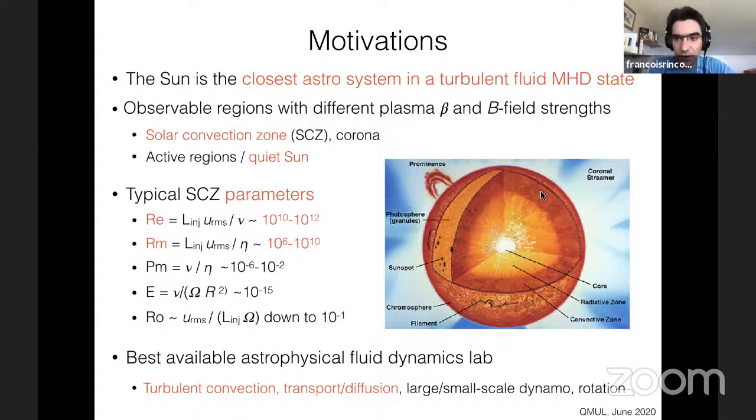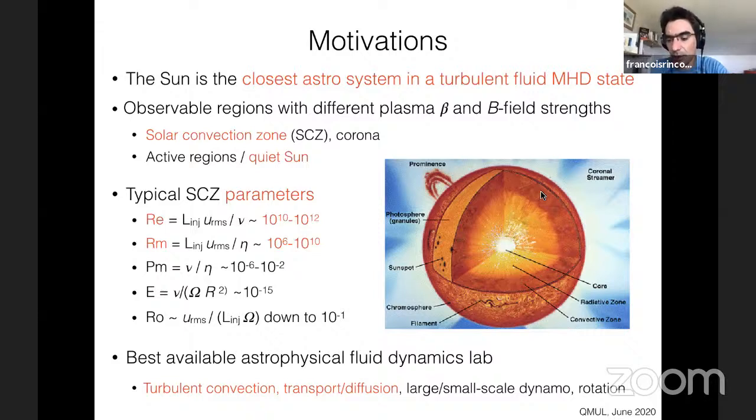And the fact that you have all these conditions, you have MHD, you have lots of things happening with reconnection, convection, all kinds of things, means you can use this, since we are close to it and we can monitor it fairly well, to study processes like extreme turbulent convection, transport processes, diffusion processes, dynamo processes, of course, magnetic field generation, the effect of rotation on flows, in ways that you cannot do on the Earth. Of course, you cannot stick a probe directly in the sun, but you can observe its surface, at least. And on top of that, you can also do seismology, which gives you quite a lot of information on the